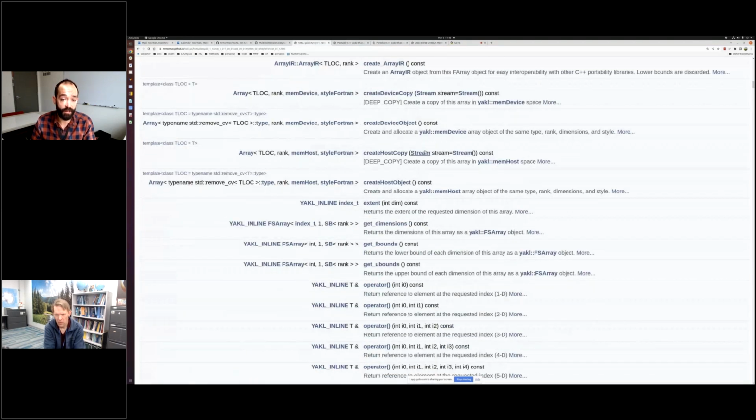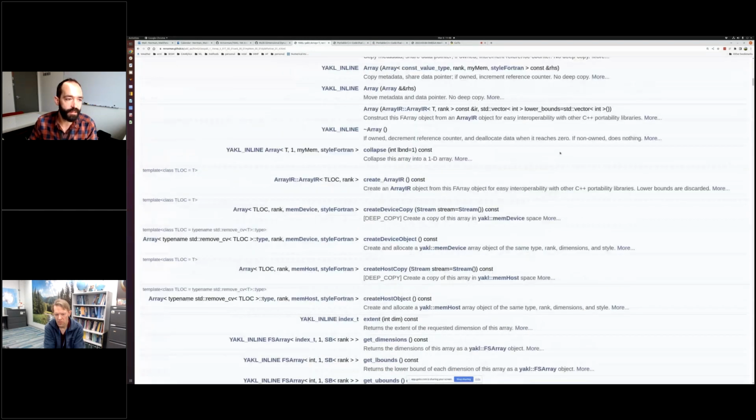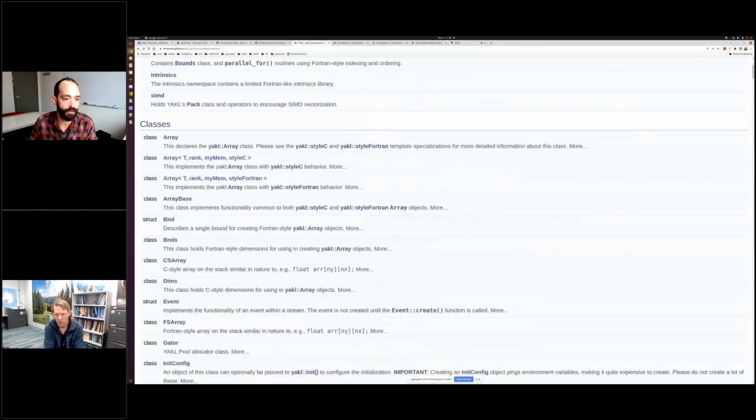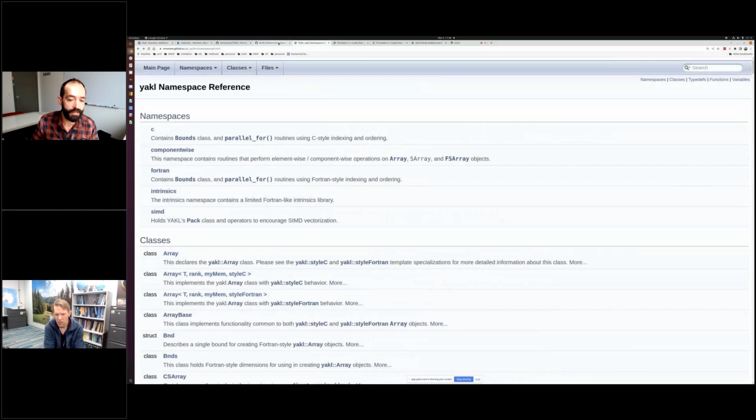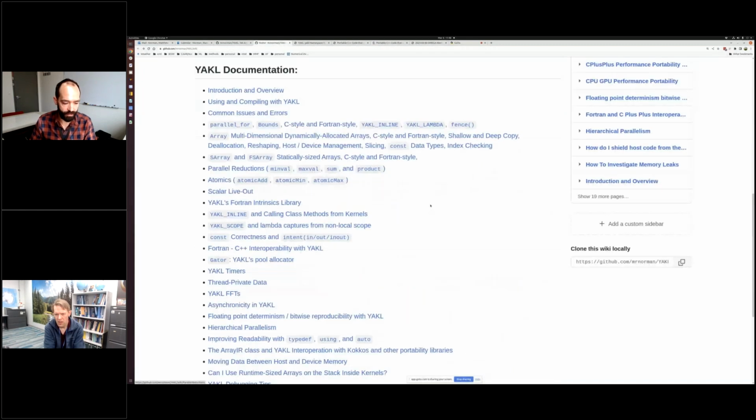Turns out create host copy and create device copy are actually not asynchronous. They will wait until the copy is done before returning, because that is what the user would probably expect anyway. So there is some documentation to help you understand whether the call you're doing will kick immediately back to the CPU or not, because some of them do wait. So hopefully that'll help with some of the confusion there. There are debug flags to help you. So if you think you might have messed up in this regard,